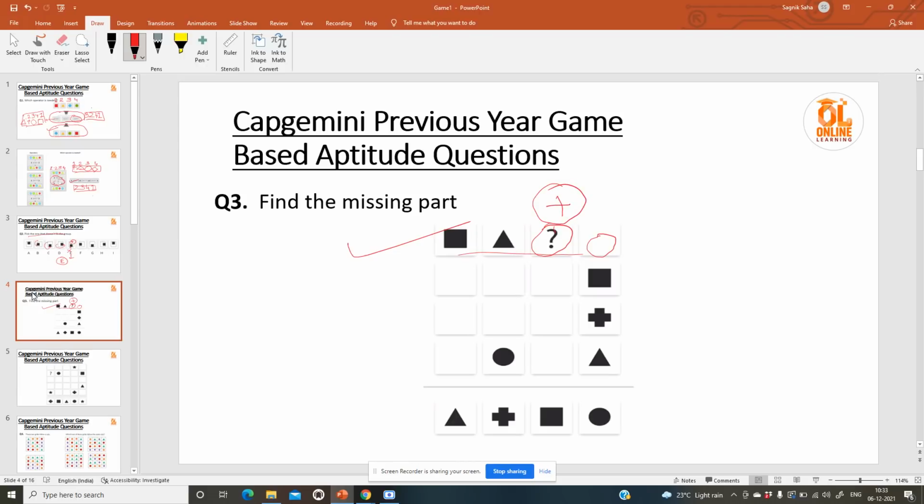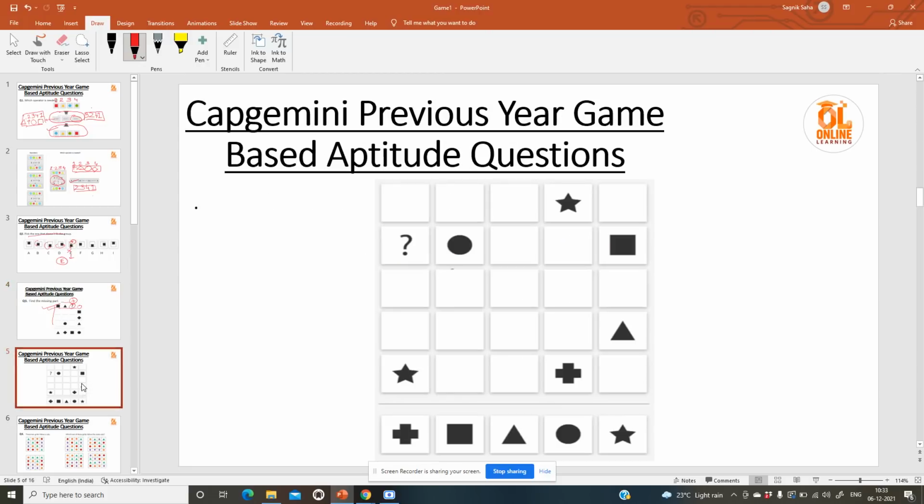Now this question has 4 rows and 4 columns. When you do these questions right, then you will be upgraded to the next level. In the next level you can have 5 rows and 5 columns, just like this. Here you have 5 rows and 5 columns. Now the question mark is present here.